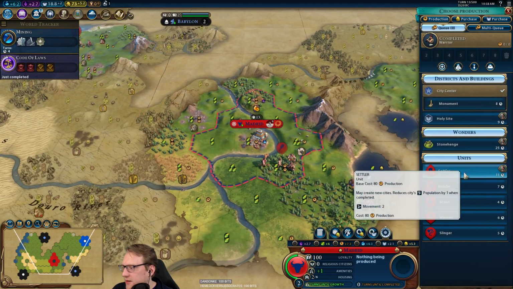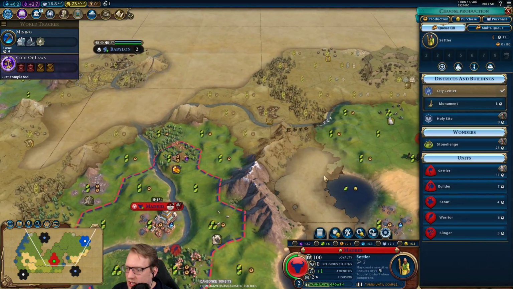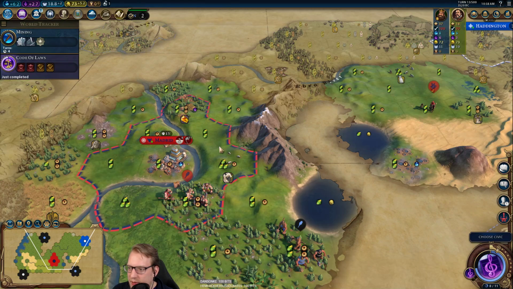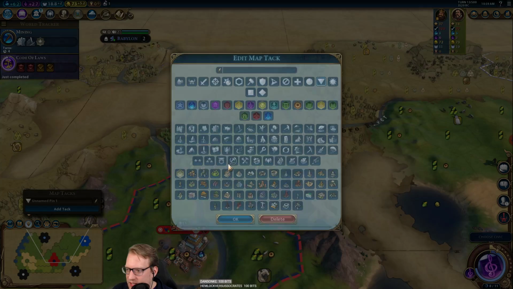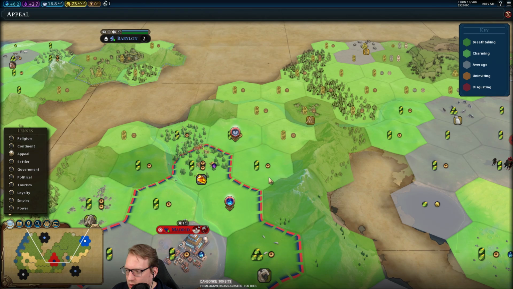All right, settler time. Probably even before this. Interesting to note, although we can't get an outstanding campus, well, we can get a decent campus. But if we look at the continent split, if we decided to go with a campus here and a holy site there, this holy site